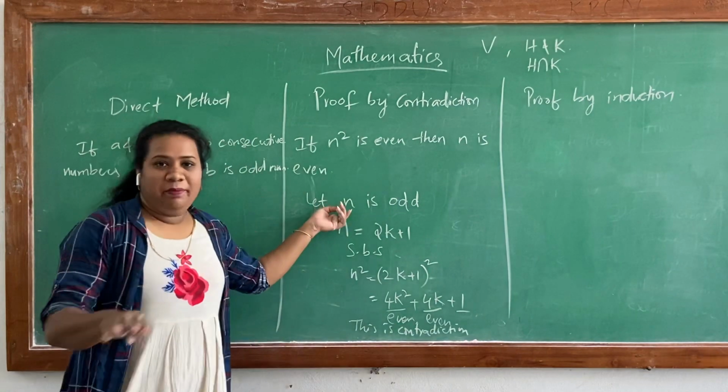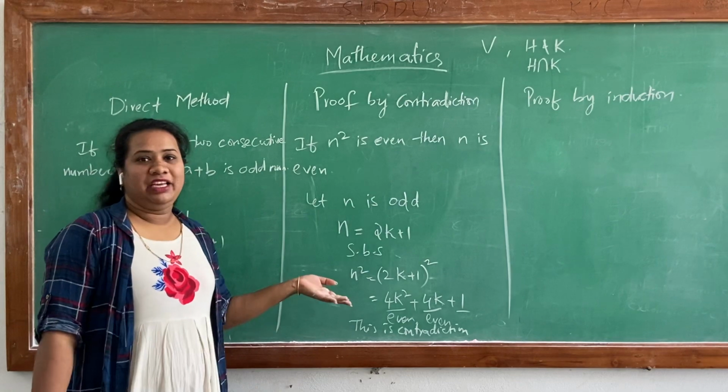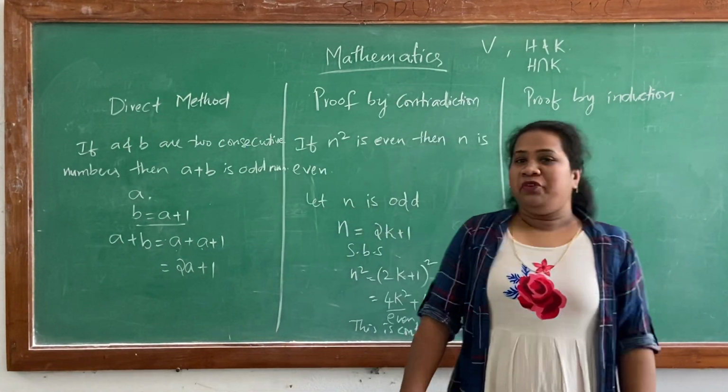So n cannot be odd, therefore n is even. Okay, this is how we prove by using the contradiction method. Next, proof by induction. In proof by induction,